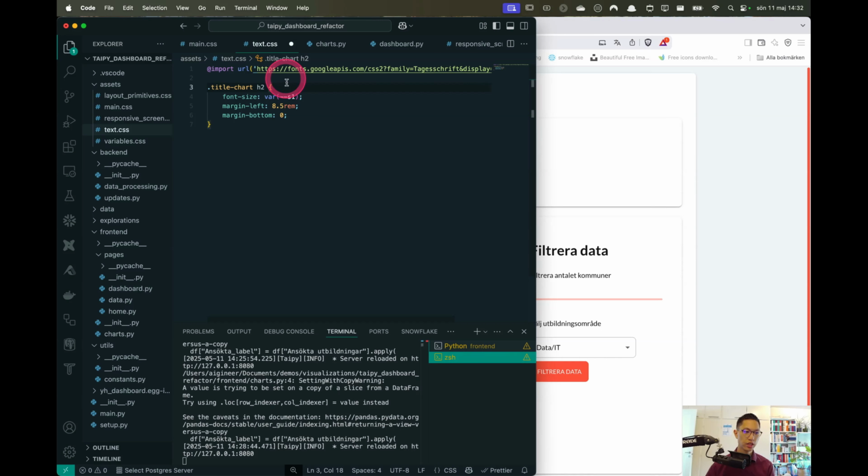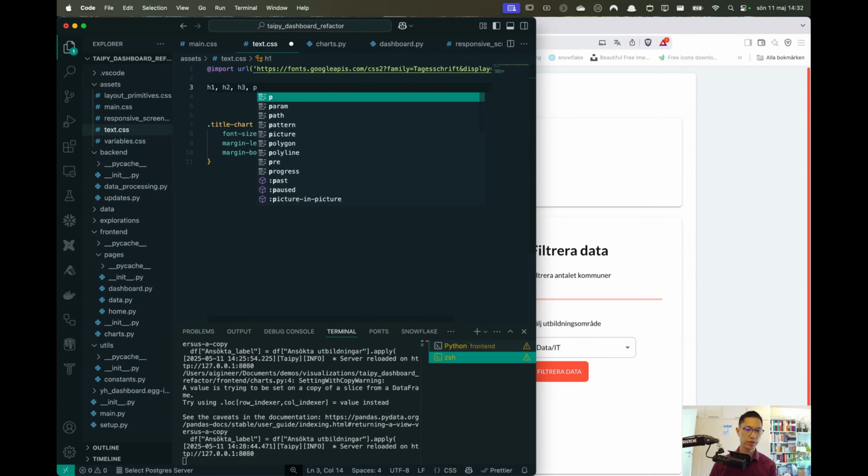And then, in order to use these, let us see how we use this one. Before going to more specific styling, we go into more default styling. So H1, H2, H3, p tag, and then .typy-text,